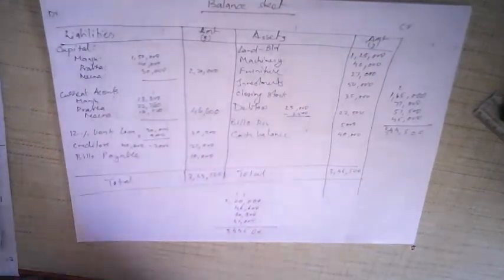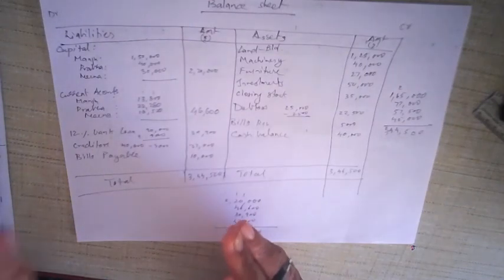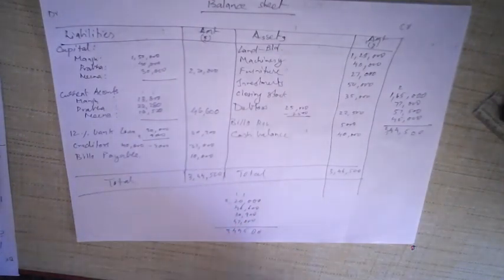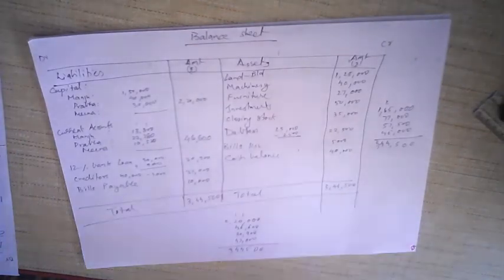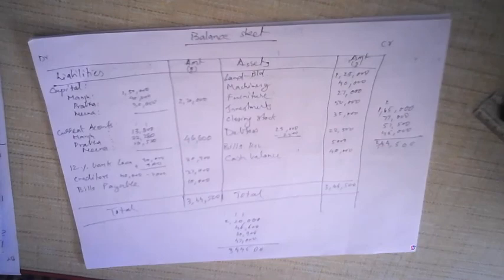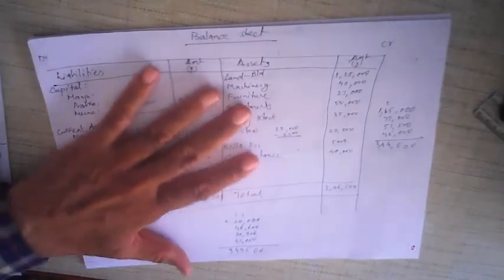Now you can see that this was lengthy. Although it was not required in the question, which does not say to prepare the current account and all those things, I have done it just to show you how important it is that you understand it. Once again, this is on page number 140, question number 11. I want you to understand this question carefully. There are 3 partners, Manju, Prabha and Meena. They maintain current accounts also, and therefore we prepared the partners current account. First we did the journal, then the revaluation account, then the partners current account, and then the new balance sheet.